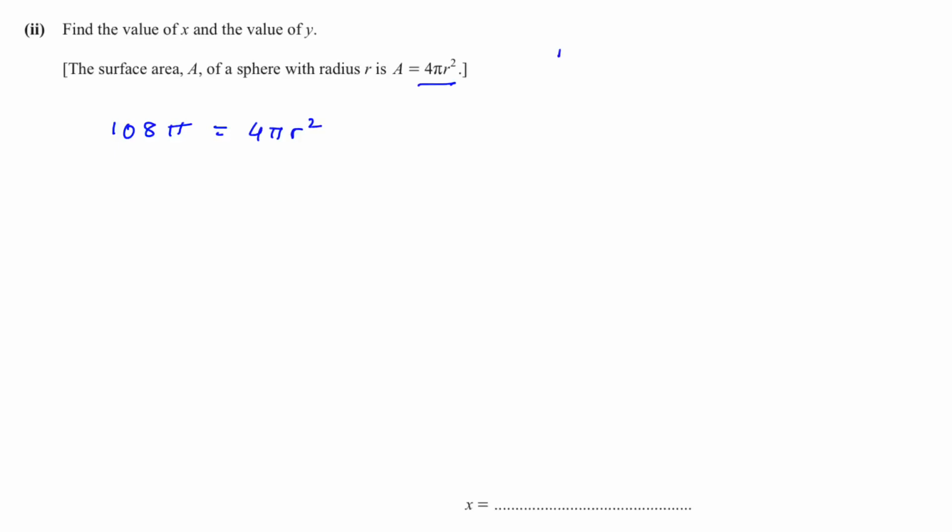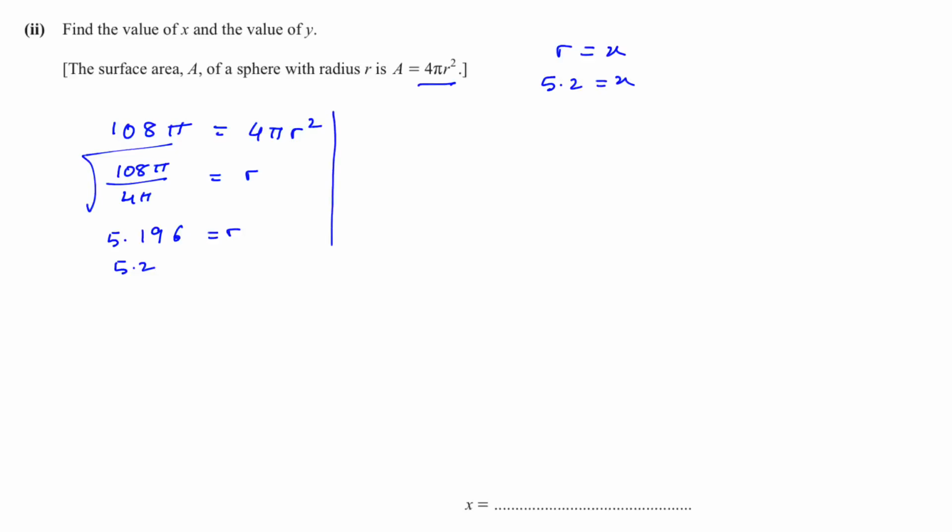square. Our radius is x. We want to make r the subject, so 108 pi divided by 4 pi. There's a square, so we will write it as a square root. And the answer is 5.196. We can write it as 5.2. Therefore, x is 5.2. To find the area of the hemisphere,